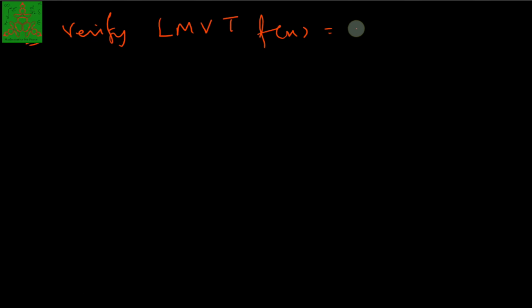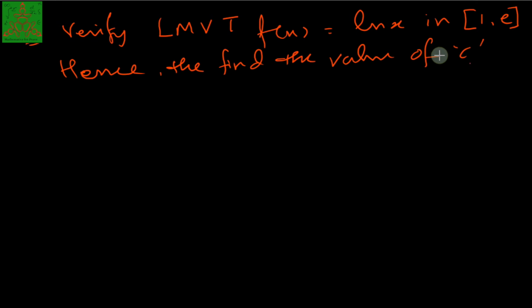The question is the same. Verify LMVT for the function f of x is equal to ln of x in the interval 1 to e, and hence find the value of c. The c is the value we get using the LMVT. So first one should note that here the function f is a logarithm function and is continuous and differentiable over this interval. So I should write that here